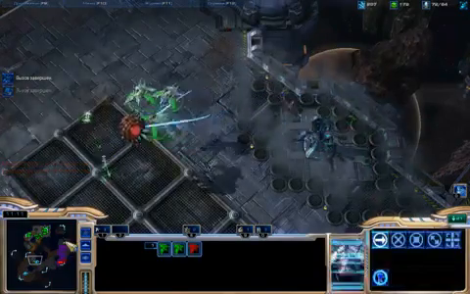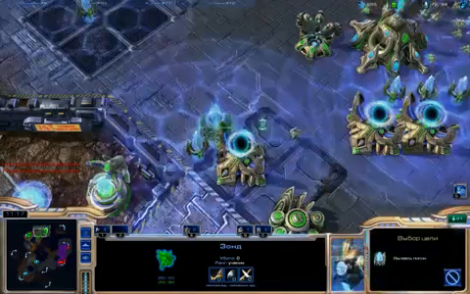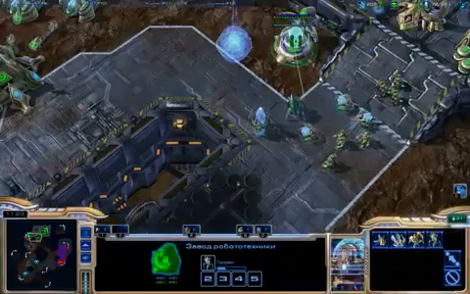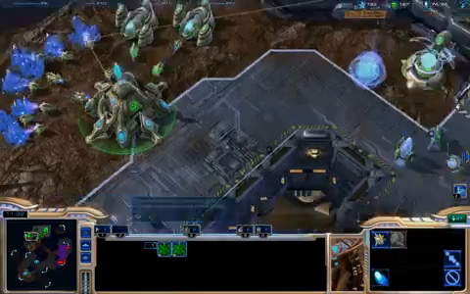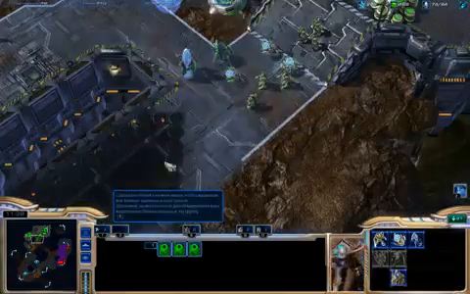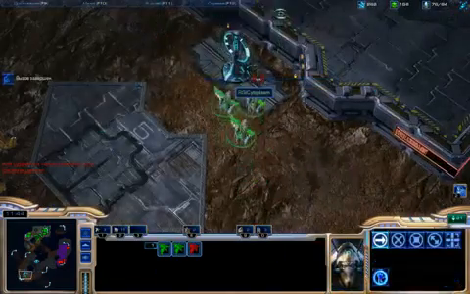Of course my Phoenixes still fly around the map, try to see what he's up to, and spot another overlord. It's very good for us. We've basically killed about 10 overlords total this game. This game is very much in our favor, and we scout for these usual expansions, we scout that gold, and at this point we just want to take our advantage and finish